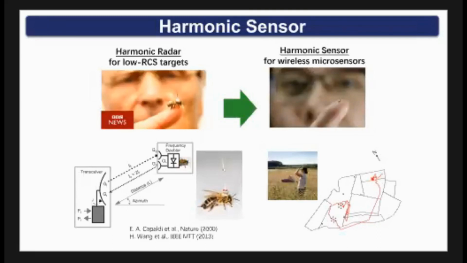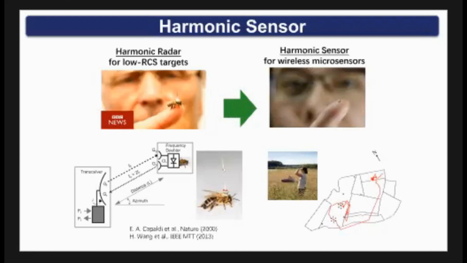Several years ago, I read a paper about harmonic radar. We are also losing the population of bees, which is also an important crisis. People try to monitor the RCS, radar cross-section, of an insect, but its physical size is too small, so the RCS is almost like noise. How can we distinguish the RCS of a tiny object? We can launch a fundamental and detect the harmonic or intermodulation signal. Because the frequencies are different, we can clearly track any object with small RCS.